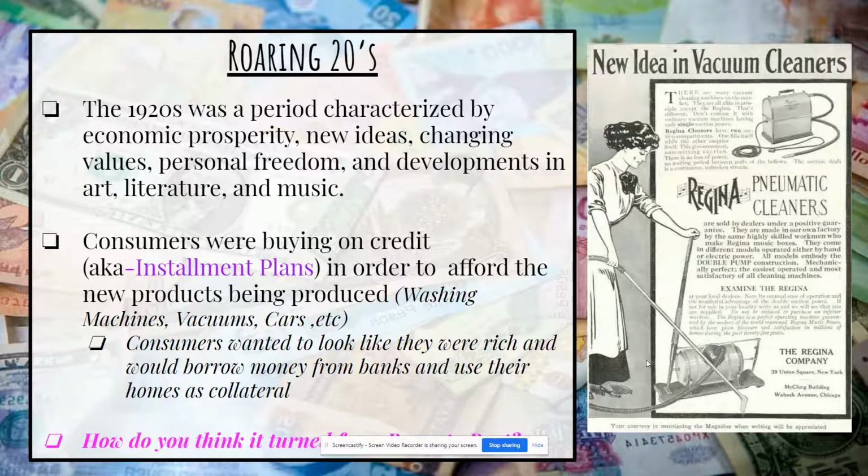The middle class family wanted to be like the rich. The rich had the newest, best things, and we often at times try to do that ourselves. We ask our parents for stuff that they can't really afford because we want to stay with the times. Think about the new Xbox coming out. Think about the new PlayStation coming out.